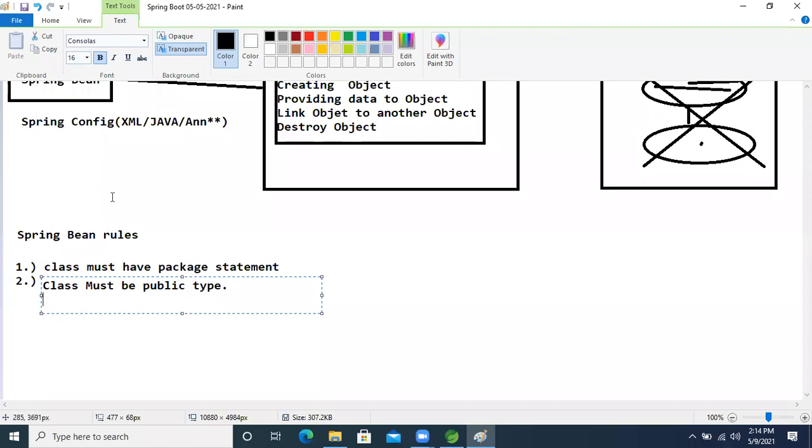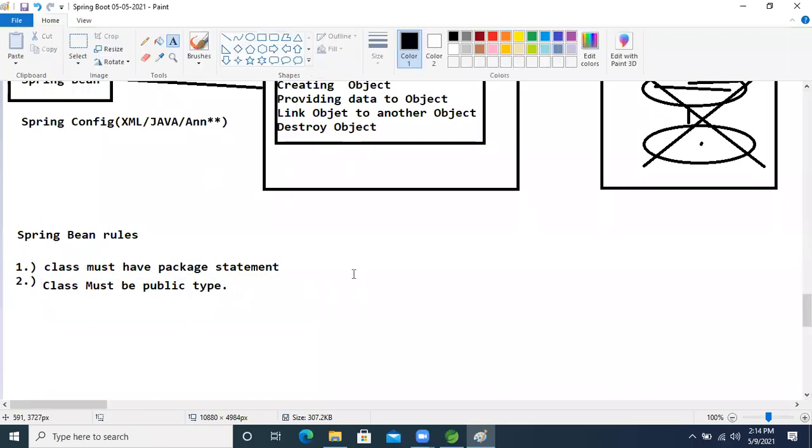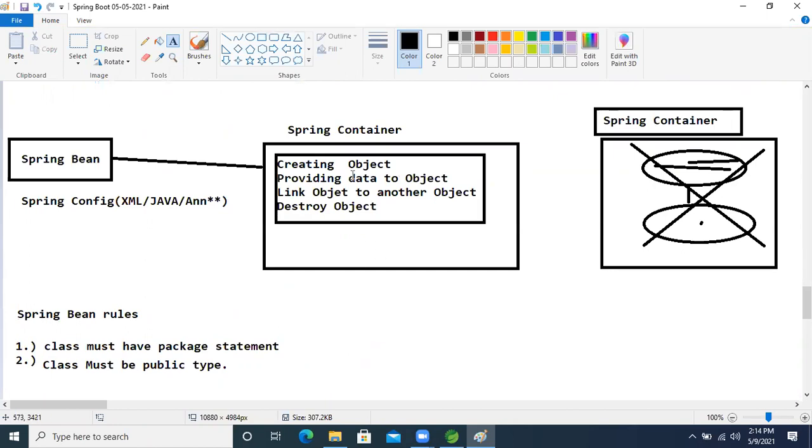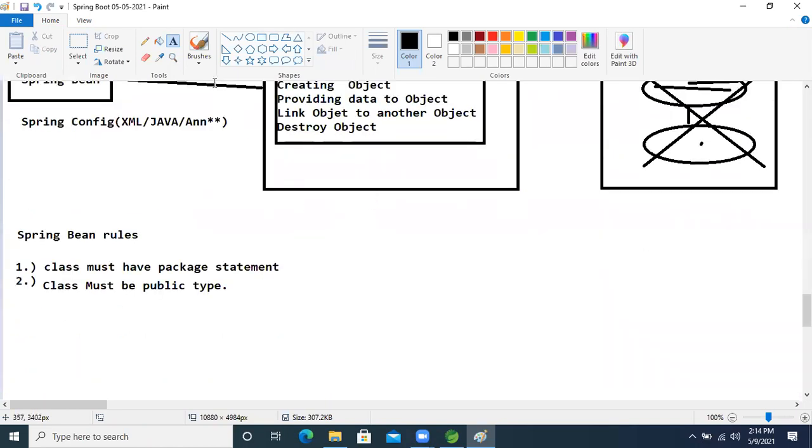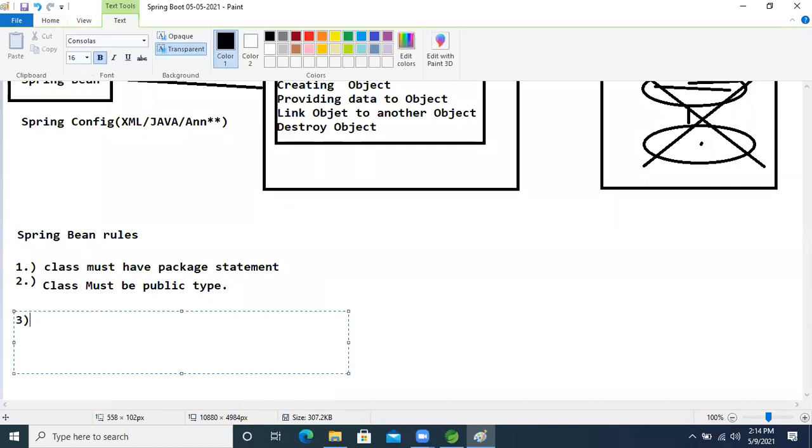Okay, fine. What is the next rule? A class can have variables, if they exist. It does not mean it is mandatory, though. If we are declaring a variable in the class, then that variable must be private.